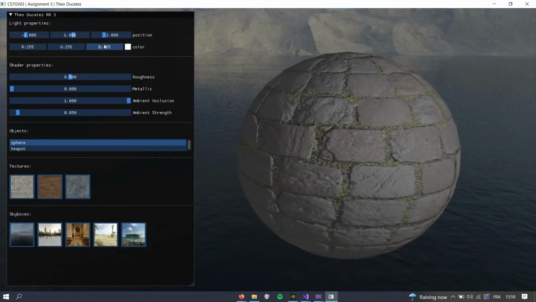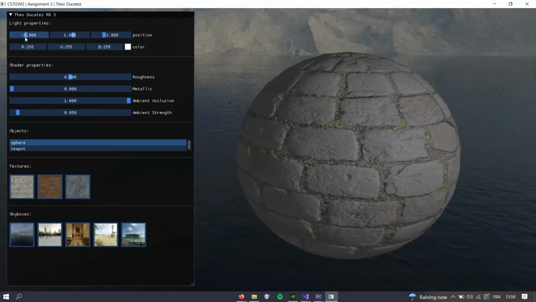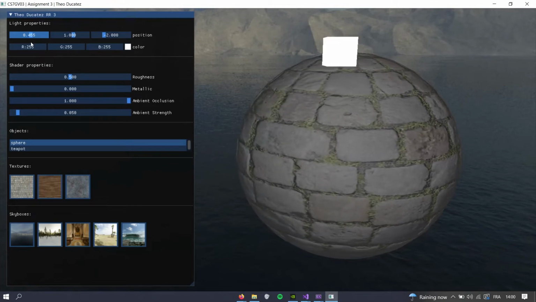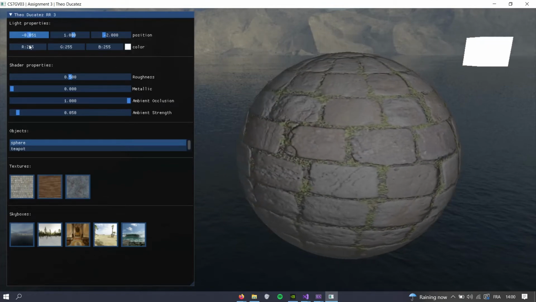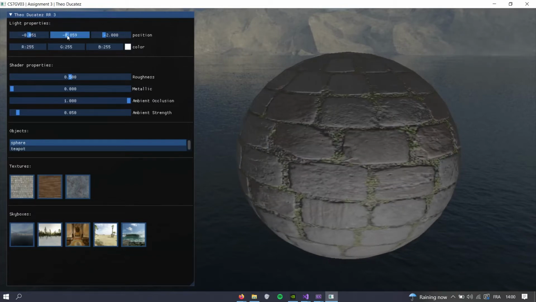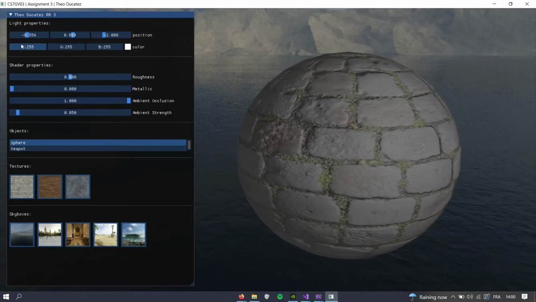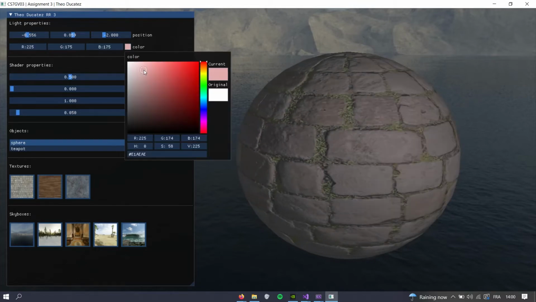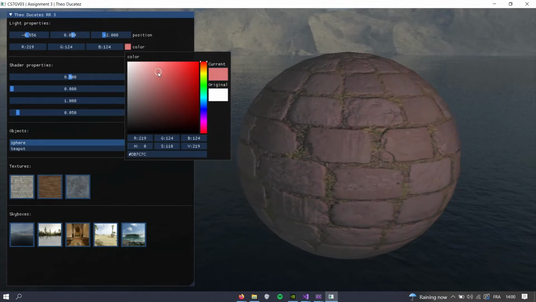properties on the left. So what we can do with this is change the light position. So simply this square dot is the light, and we can change its position with these sliders. So I'm gonna let it here outside the view. We can also change the light color, obviously, so it will reflect differently on the object, and we can see